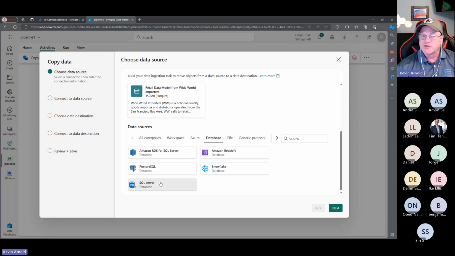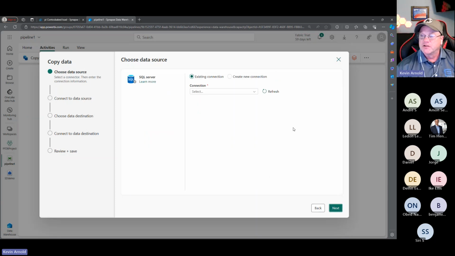Okay, so I'm going to pick SQL Server, and Benjamin, I will get you that link here in just a minute. So SQL Server, I already have an existing connection out there to my Contoso database. I hope it's still active. Let me test it. Okay. It's supposed to go down after an hour, so I can't remember how long I've used it for. All right, and then I'm going to choose next.